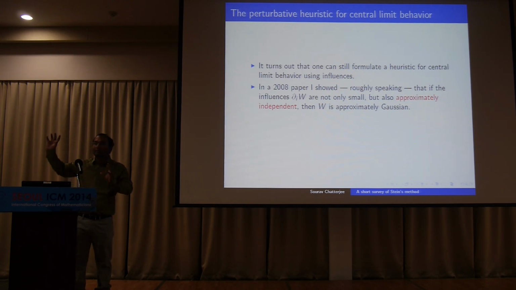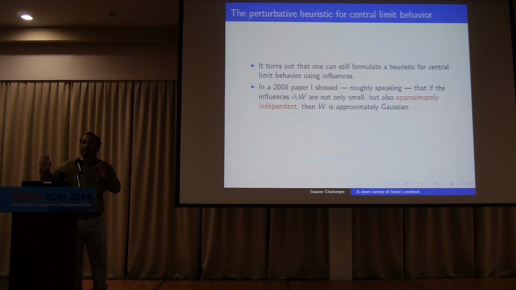And then you can ask whether these changes that you get, if you change one quantity, so for instance, in the traveling salesman problem, you have n random points thrown down on the unit square at random, and then you look at the minimum length path through these points. If you change the location of one city to somewhere else, you can ask how much the optimal path changes. That's a very well-defined quantity. And what I'm saying is that if these quantities are approximately independent for most pairs, then you can expect central limit behavior. Okay? So that's the main idea.